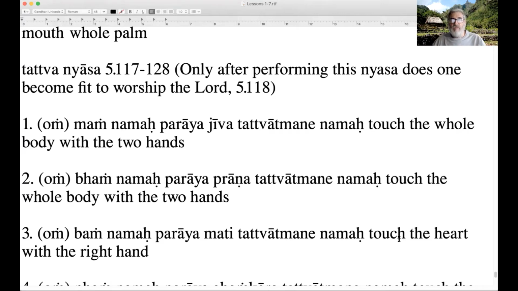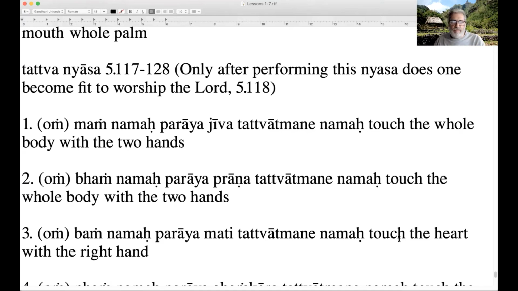Right? This is sometimes called Vyapakanyasa by some in other sampradayas like Sri Vaishnava Sampradaya. They call this Vyapakanyasa. It means touch the whole body. If we don't know how to do it, we should start from the head and go down to the feet. There might be some places where they say for different types of people, they might be starting from the feet and going to the head, or starting from another part and doing separately. But anyhow, the whole body is covered with the two hands.